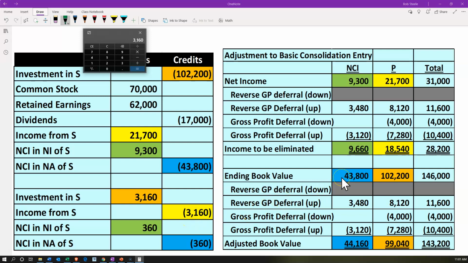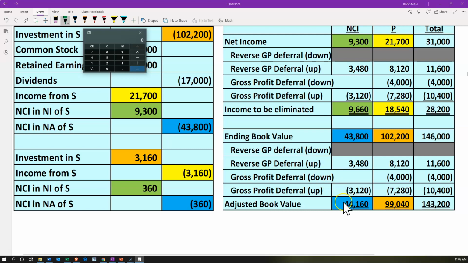And then here we would have had the 43.8, and now we're going to adjust it. We're on the balance sheet side of things to this, right? So I'm going to say, all right, we're going to make it the 44,160 minus the 43.8. That's going to be the 360 adjustment here. And then finally, we had on the balance sheet side of things the investment, and we're going to say the 1022, minus what we're going to adjust it to, the 99040,